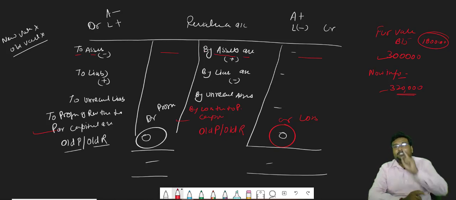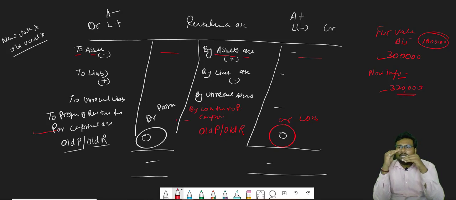What is the nature of revaluation account? Nominal account. Okay. So this assets minus, liability plus is specified. How is it the debit side? Very simple. See, whenever you have a loss because of revaluation, it will be recorded on the debit side. How can we say? When our asset value decreases, we have a loss. When our liability value increases, we have a loss effect because we have to pay more. That's why it is recorded on the debit side.